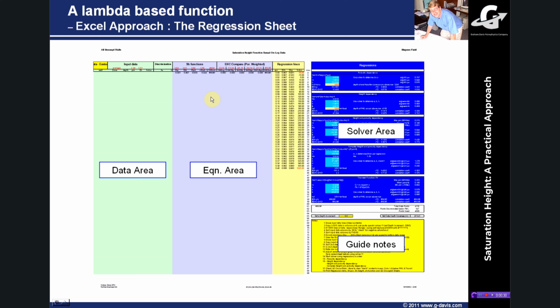This is the equation area where you'll do a number of the analysis equations that are copied from here down to the base of the data. This is the solver area. So here are the regression coefficients and the fitting criteria that we use the Excel solver add-in to minimize when we do the regression analysis. And here are some handy guidance notes which basically go through what I'm about to tell you, so they'll act as a useful aide-memoire as well. So if you forget anything, you can just refer to these guidance notes and they go through it in a step-by-step manner.